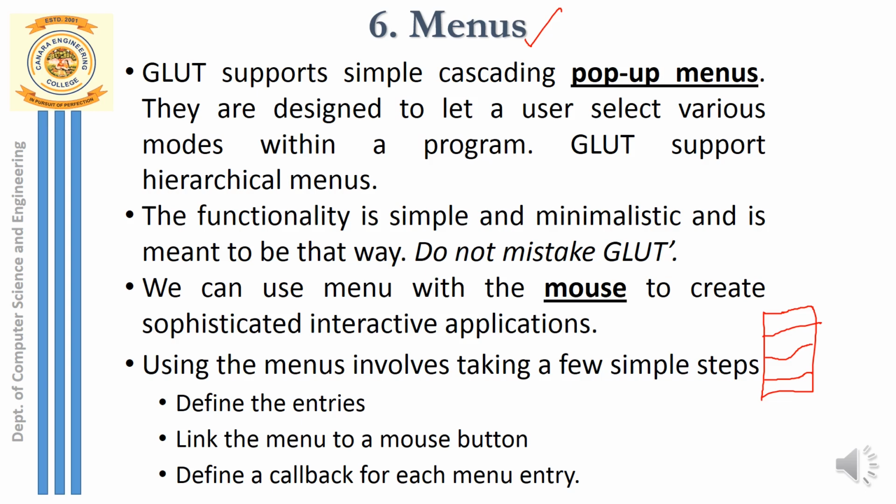So open the file menu, and in the file menu, when you have an option called save, the moment you click on save, it will redirect you to a sub menu again, which will give you some more options, right? Something like that. So when you click on open, it will give you a sub menu which has multiple options. So a sub menu also can be created. So here in OpenGL also we can create such menus.